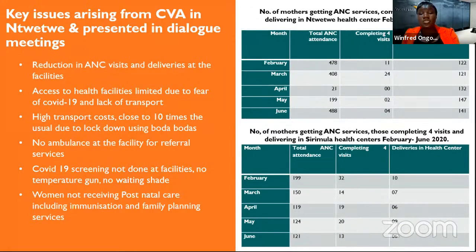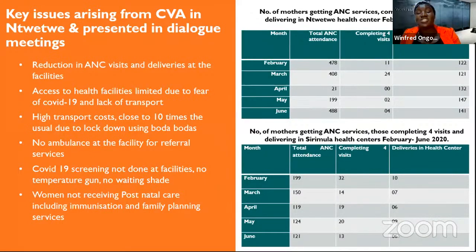So I want to take us to this table. As you can see at the top, this is data from the district. So on this end is the community, on this end is the district. And I want us to focus on March. That is on the third row. You can see March, and then the second column, total ANC attendance. The lockdown in Uganda happened on the 28th of March. So attendance in March was at